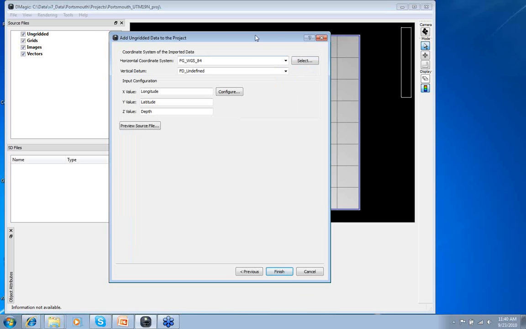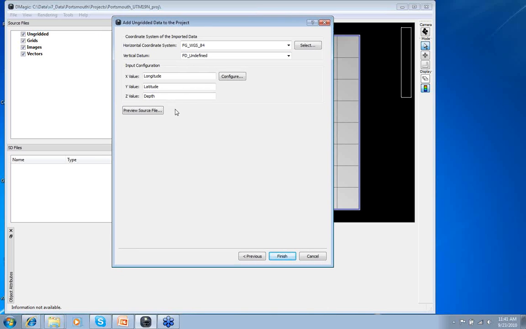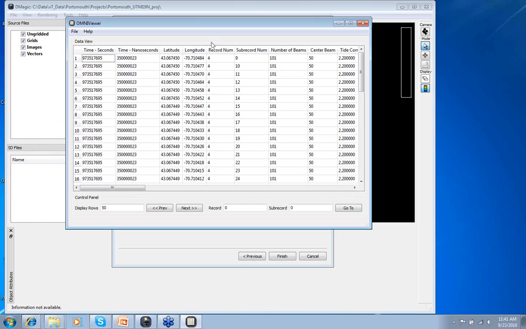The next thing you have to do for ungridded data, you have to tell it what coordinate system the data is in. This data is in WGS84. Now, how do I know that? I know what's in my file, but a good way of looking in DMagic, there's this nice little preview source file button. If you click on that, it will load up one of the files that you've selected, and it